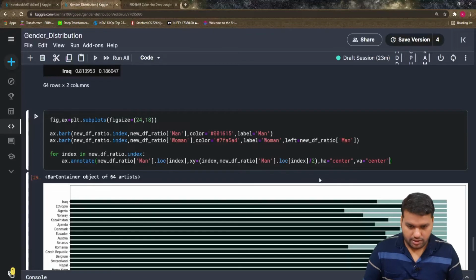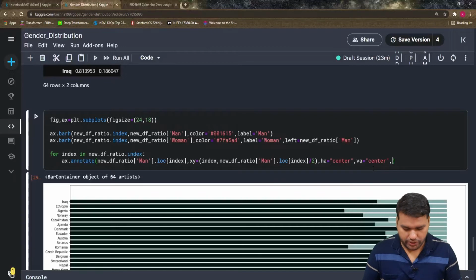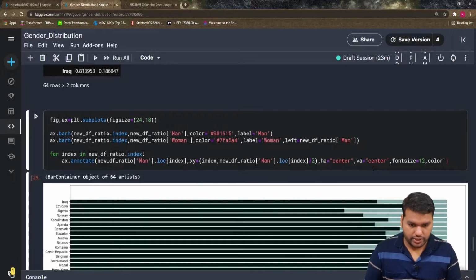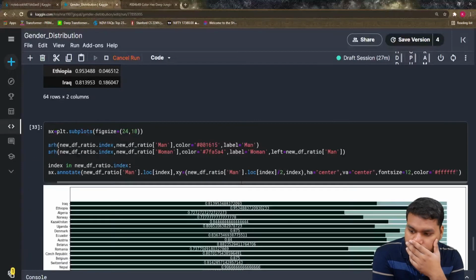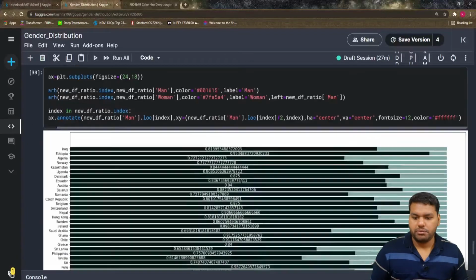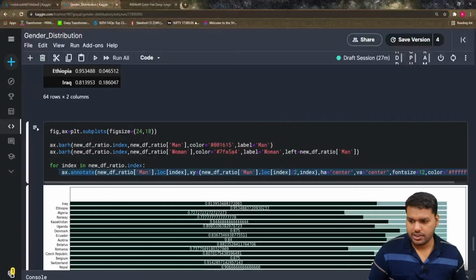Yes, this is what we want. You can give the color and you can give the font size. So font size is equal to 12, and whatever color you want to give, you can choose any color here, and let's see how the result comes. Okay, this is what we want, but let's complete it first for the woman as well, and then we adjust it again. So again we copy this